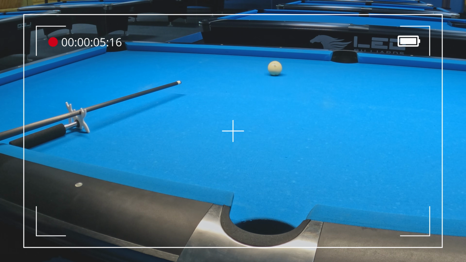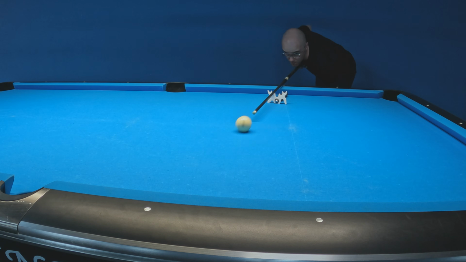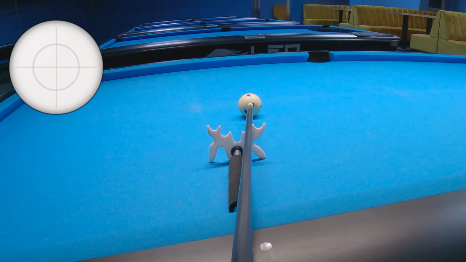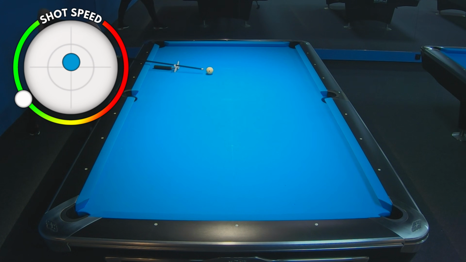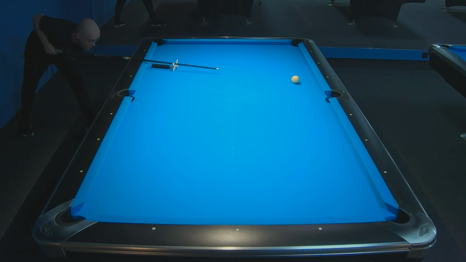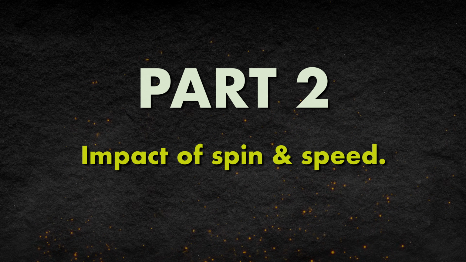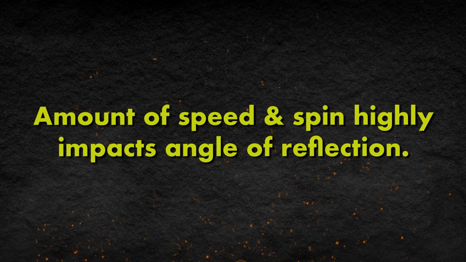So this is very important information, that the angle of reflection will be the same as the angle of incidence, but we need to remember one thing. This happens only when we are hitting the cue ball slightly above its center using natural speed. What type of spin and speed we use to hit the cue ball is extremely important and highly impacts